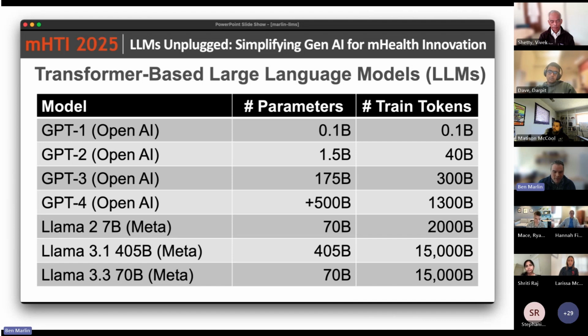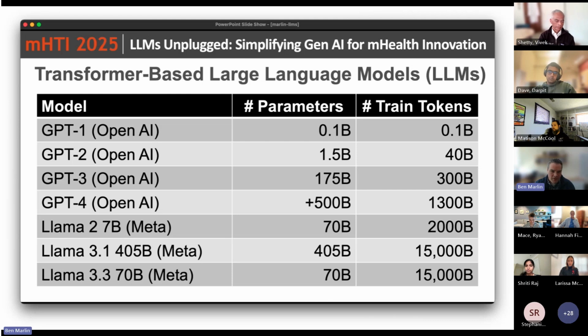There are lots of other participants in this marketplace. Facebook has their own set of models. One of the interesting things about the Facebook or Meta models is that they're released in what's called open weights form. So you can actually download the model and run it locally if you have the resources to do that. So there's much more transparency about how the models from Meta actually work. And there are many other entities that are in this space of coming up with models.